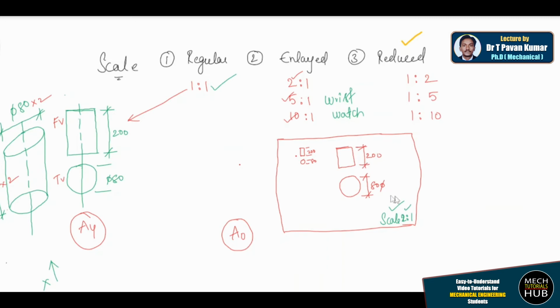Another example of enlarged scale is if you are trying to construct a building, if you are constructing your residence. Now you take some 200 square yards or 400 square yards to construct a 3 BHK or something. In such a case, you can't show a 3 BHK on a sheet of paper at a regular scale. Can you show that particular layout at a regular 1:1 ratio?